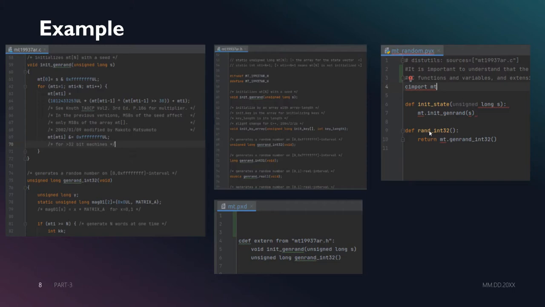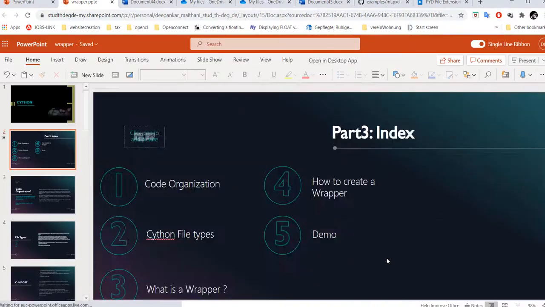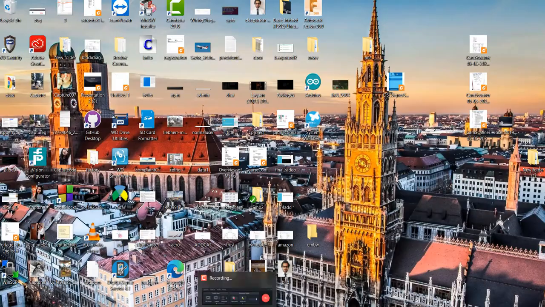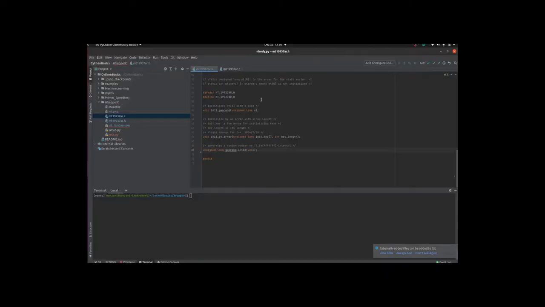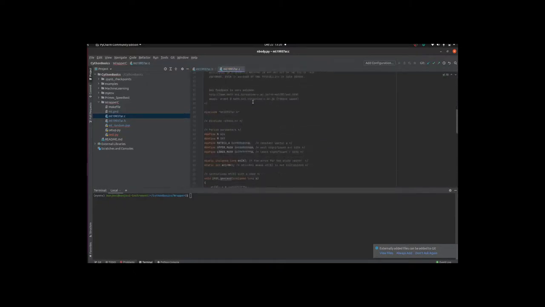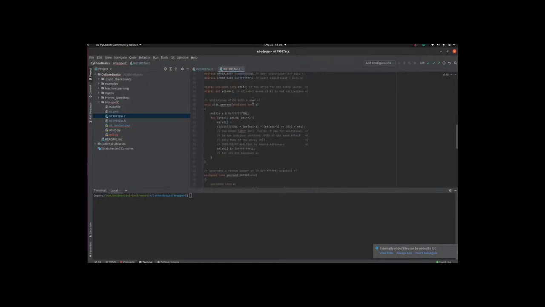Now we will look at a demo of how this all is running. We'll compile it, and then we will see how it runs. So here you can see my C code which I want to wrap.